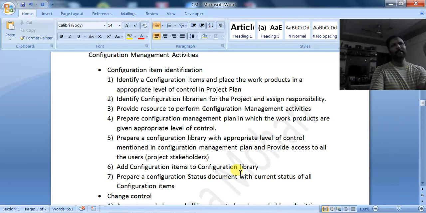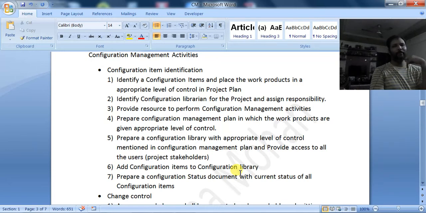First, what happens in configuration? You have identified the configurable items, and you have listed those items in the configuration item list. That is the document. After that, suppose you identify the test case document as a configuration item.